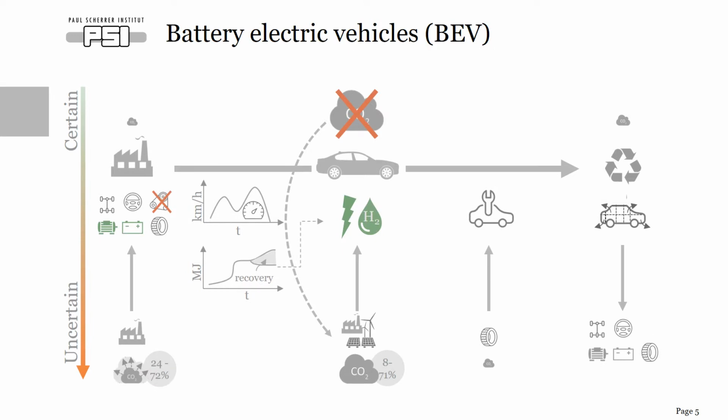But things change a little bit when we start to look at novel powertrains, like electric powertrains that would involve battery electric vehicles, but also fuel cell vehicles or plug-in hybrid vehicles. While the structure of the life cycle wouldn't necessarily change, we would observe some change as to how emissions are distributed. While we previously had two-thirds of our emissions coming from the combustion of fuel, here obviously we do not have this combustion process because the car is running on electricity.